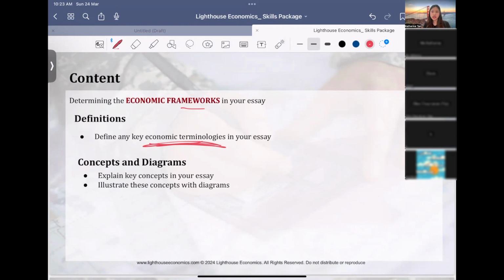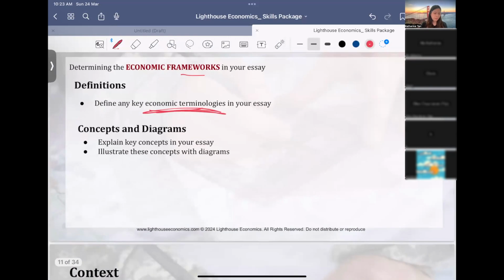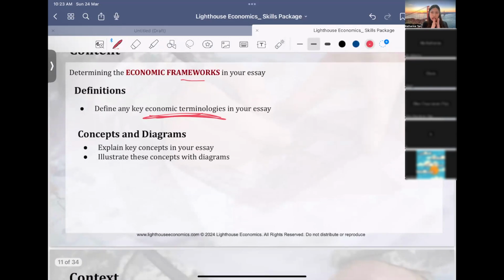Then you know that they're going to test on demand factors and supply factors. Then you need to define what is demand: willingness and ability for consumers to buy. Okay, then what is supply? Willingness and ability for producers to produce. Of course, the whole thing is during a time period, ceteris paribus, all that. Then whenever you look at all these economic concepts being tested, you ask yourself,